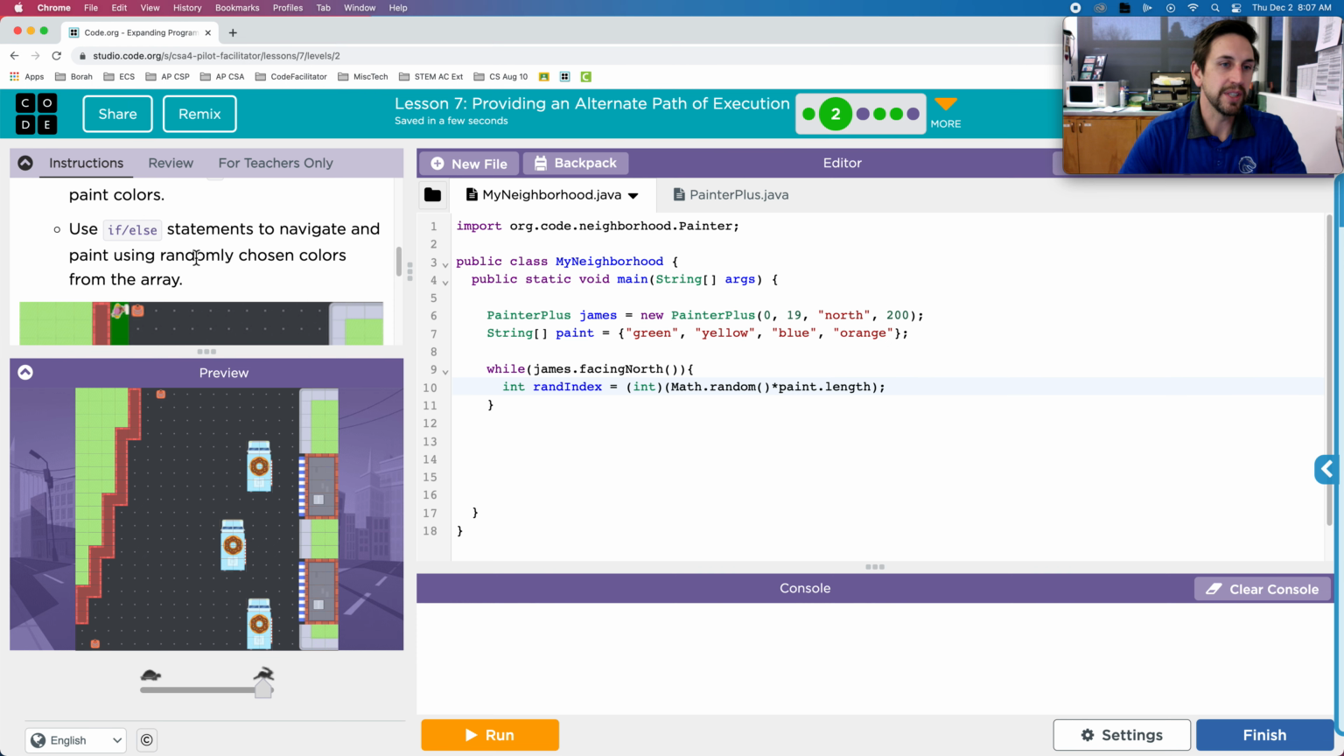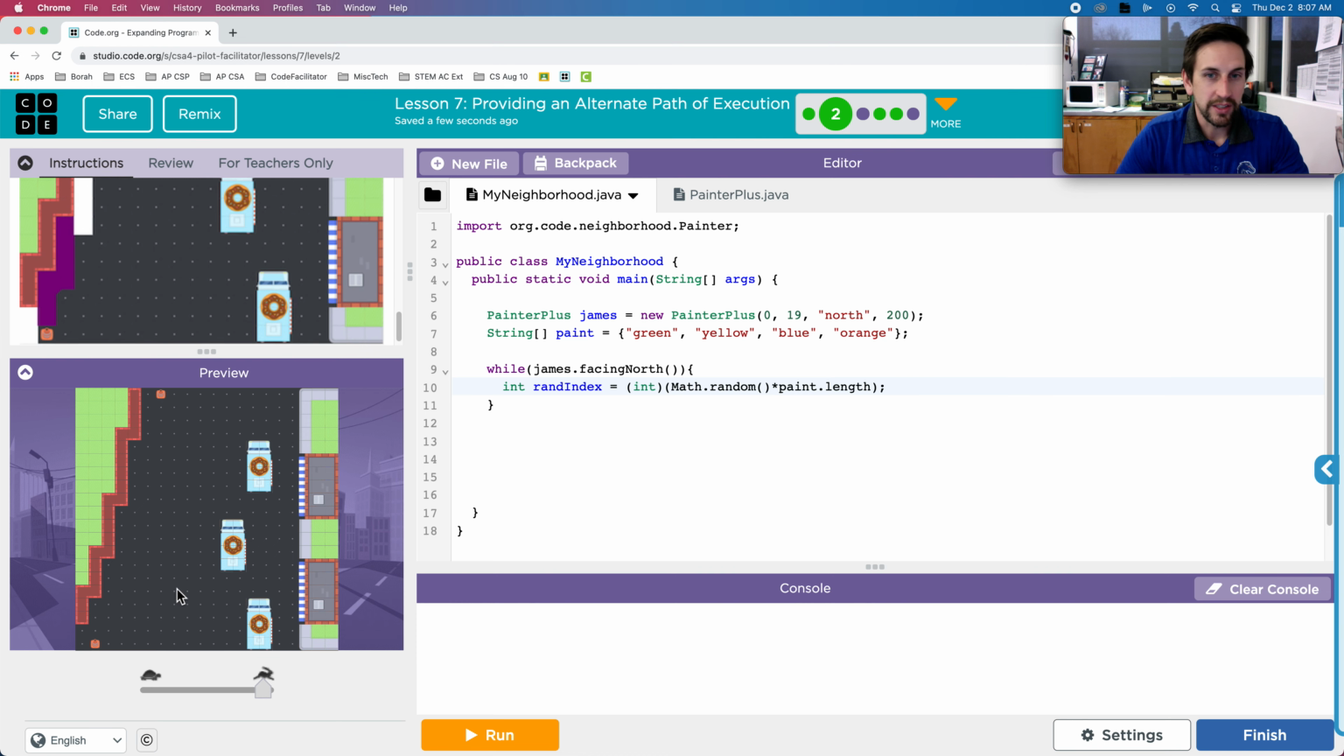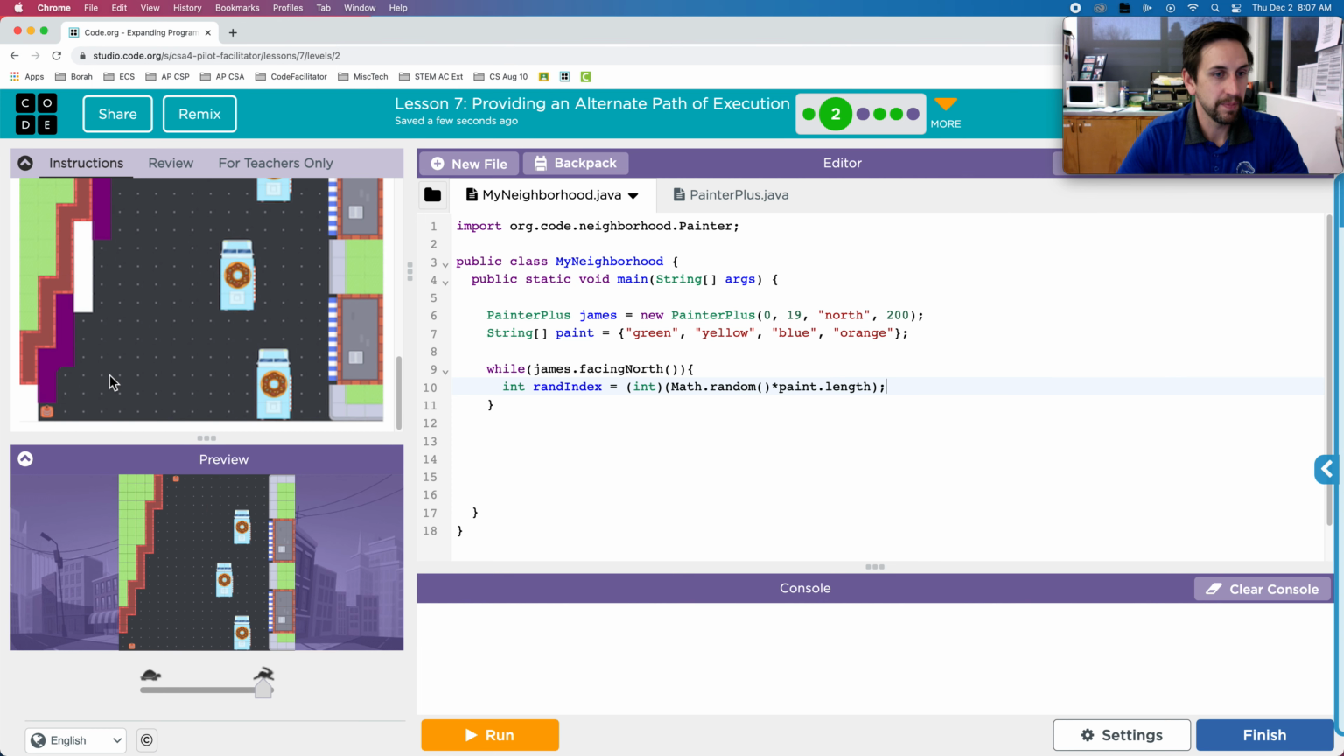And then it's asking me to use an if-else statement to navigate and paint using randomly chosen colors from the array. So what it's looking like I'm trying to do is navigate from just to the left of the cone and painting this left-hand side. So every time I move, I'm facing north right now, and so I want to paint a full line. So I'm going to say James.paint full line,